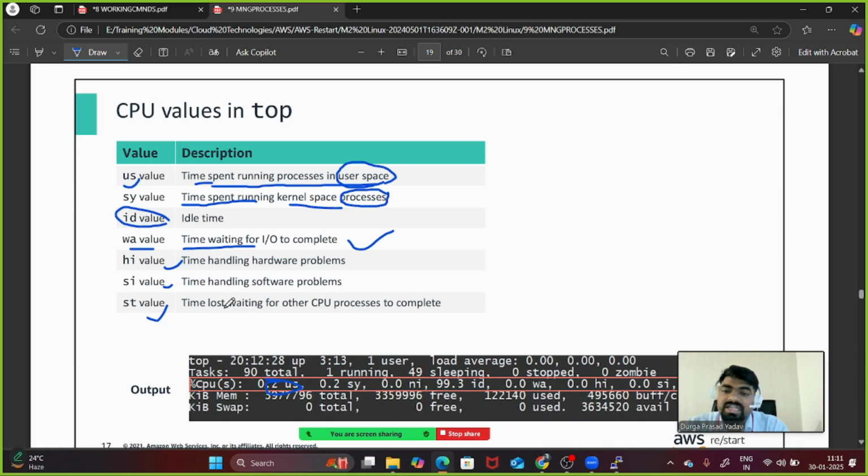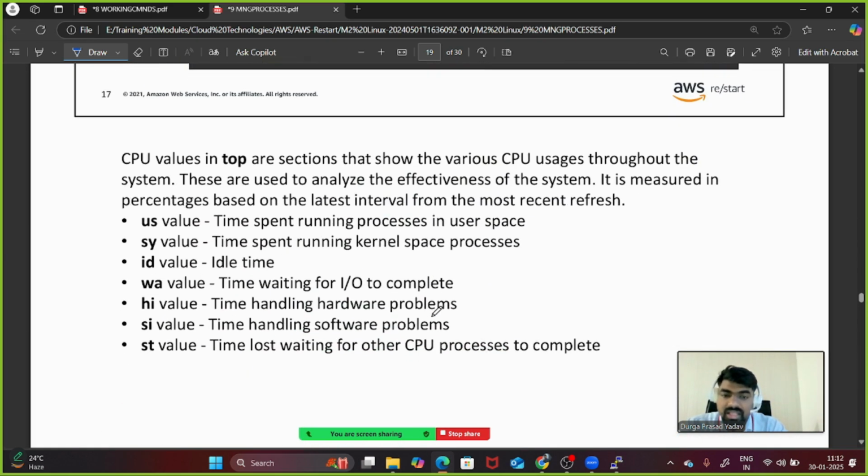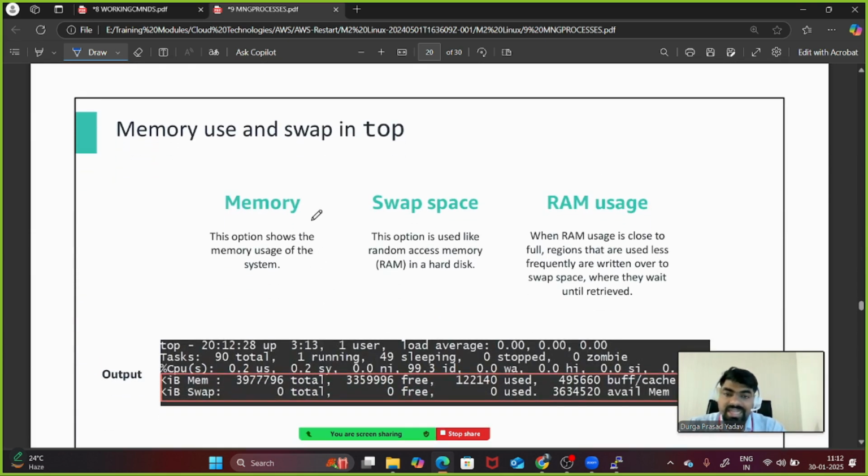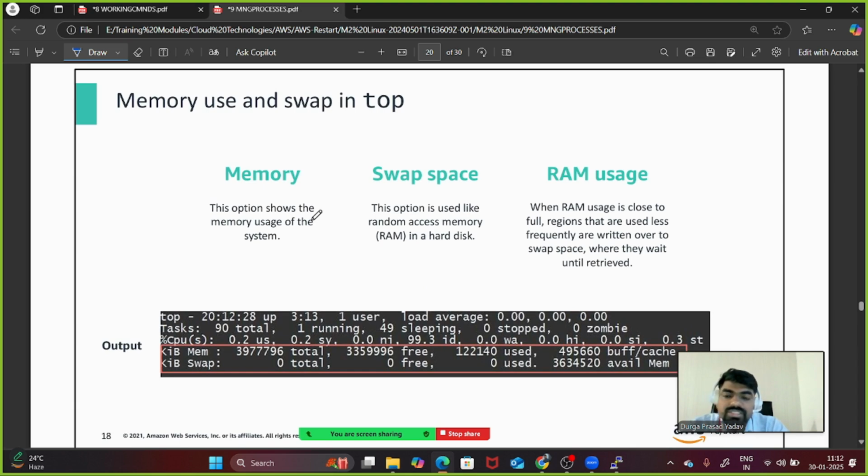ST value is the time loss waiting for other CPU processes to complete. And this is the info that has been given, right? Later on in the same top command, you can see memory use and swap in top. Mostly in Linux, one question generally everybody asks: what is swap space? So in Linux, if you see,